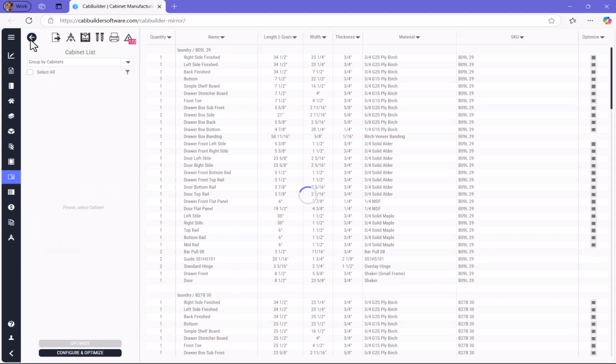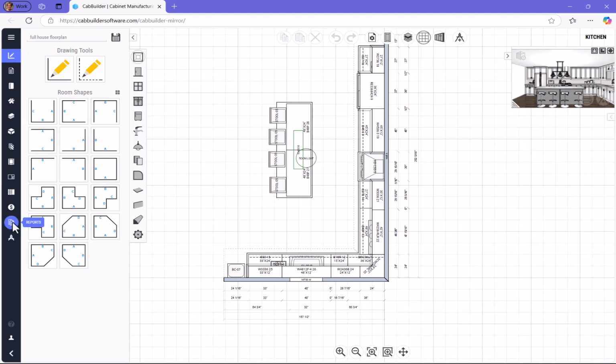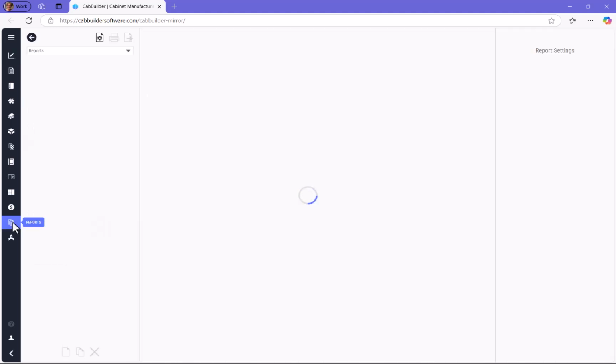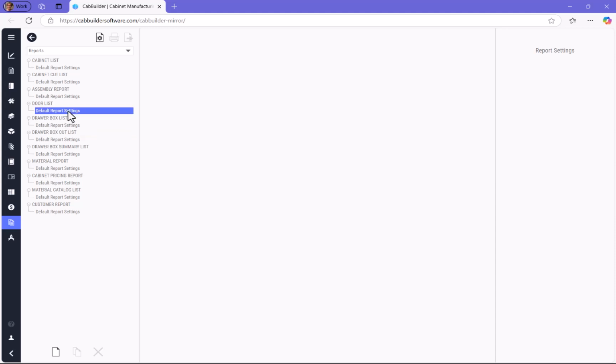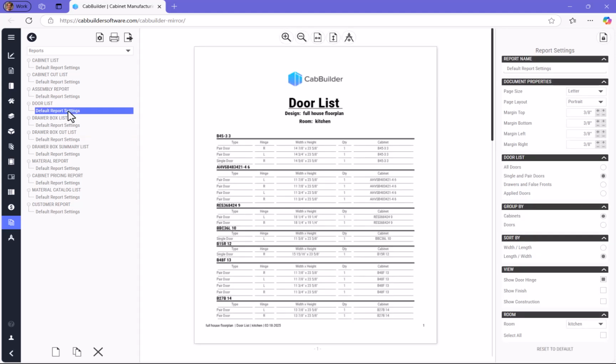Select the Reports icon from the left toolbar, and then for this example, I will select the Door List report. The report will show the door list for the room that I am currently in, which in this case is the kitchen. You can see this noted at the top of the report for